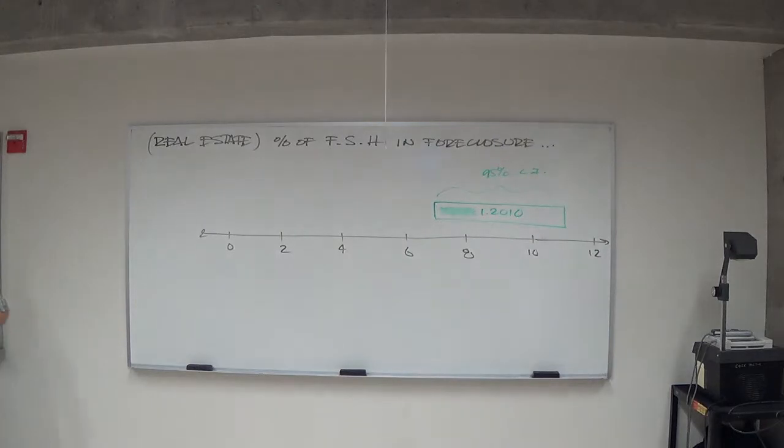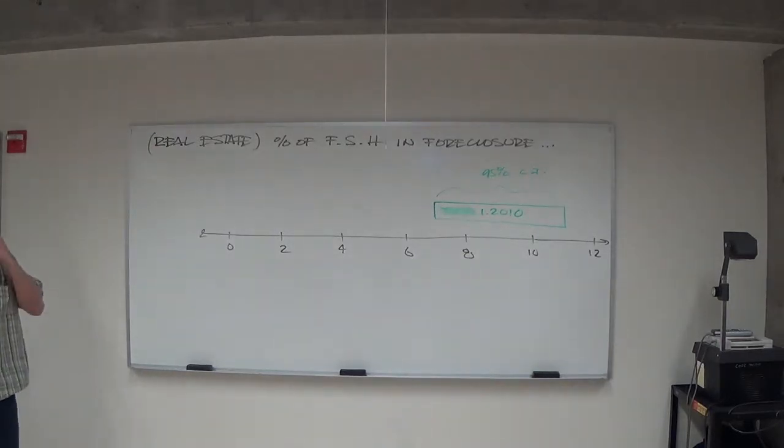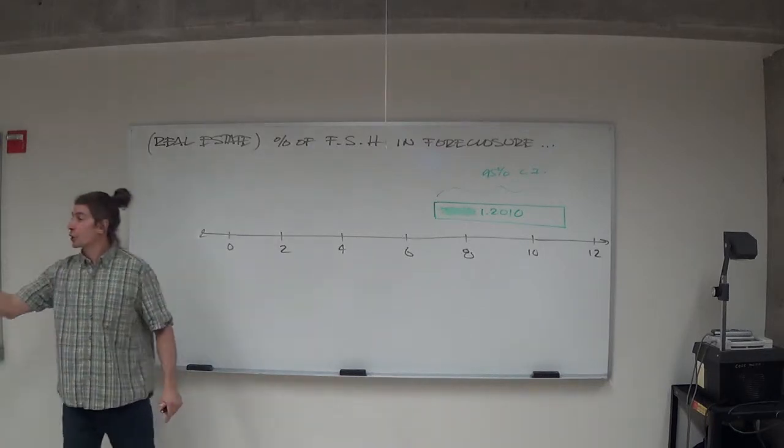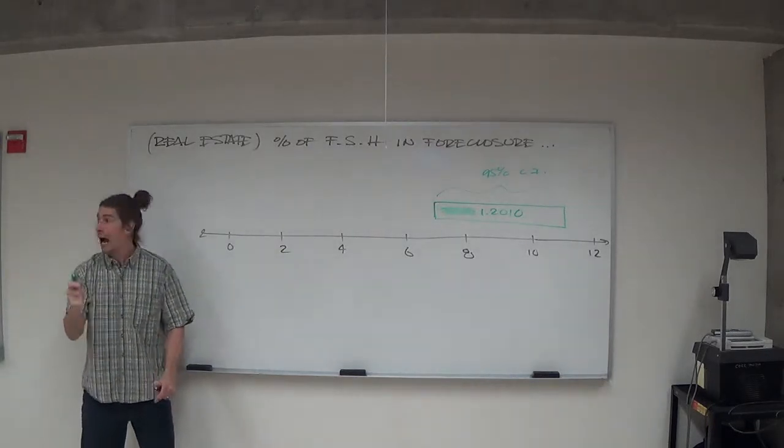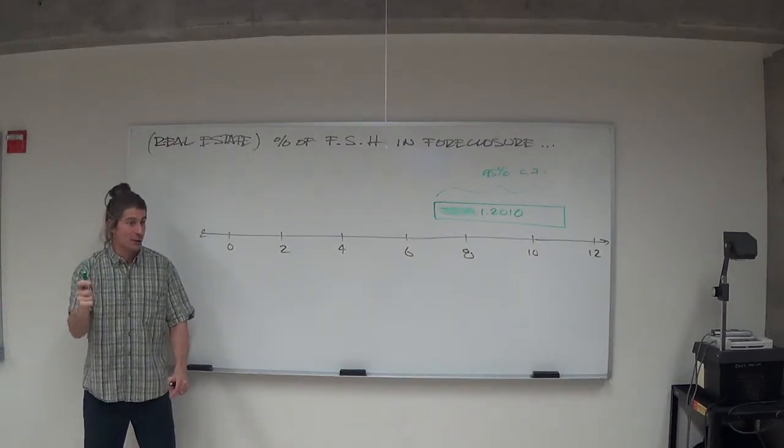Good. So, can we say it's 8%? Yes, it could be. Can we say with certainty that it's 8%? No. Can we say with certainty that it's 9%? No. Can we say anything comparing it to, say, 10% with certainty? No. Can we say anything with certainty comparing it to 6%? Yes. Oh, it's certain it's not that. It's higher than that with 95% certainty.